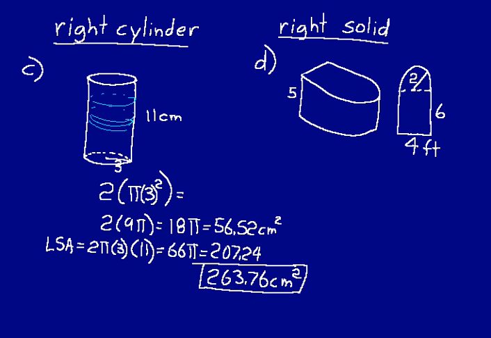Usually what they'll do on these problems is they'll show you the base with all its dimensions. They'll show you that separately, and then they'll give you the height between the bases, and so you've got all the information you need to figure out the surface area for that right solid. So let's go ahead and figure out the surface area for this one, and we'll do it real similarly to the right cylinder. First, we'll calculate the area of the base, multiply that result by 2,